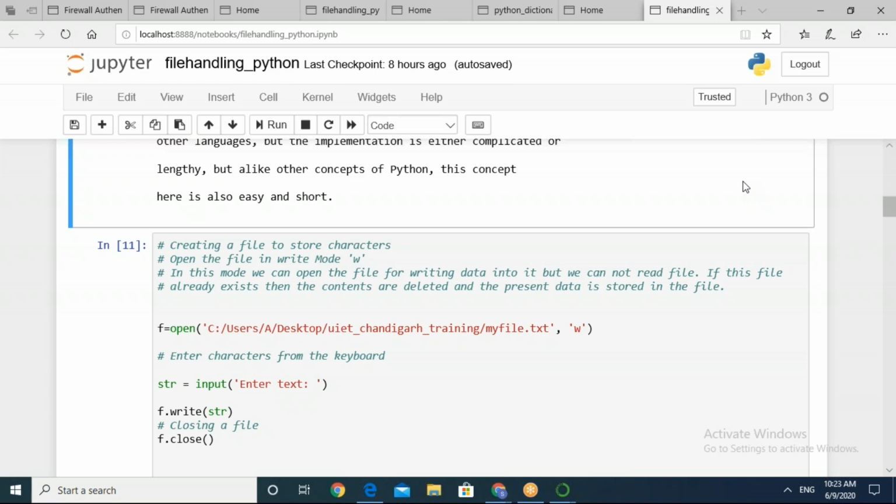I'm giving you 5 minutes to execute this. All of you are requested to open notepad, write some data into it and save it. Note down the path of that particular file, and then assign that path to the file handler. Open the file in write mode, and then try to add some new sentence into it.